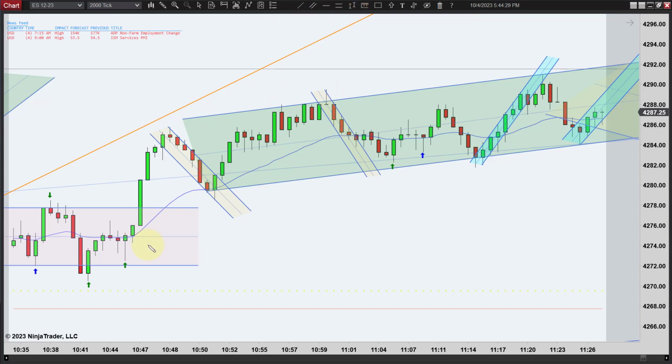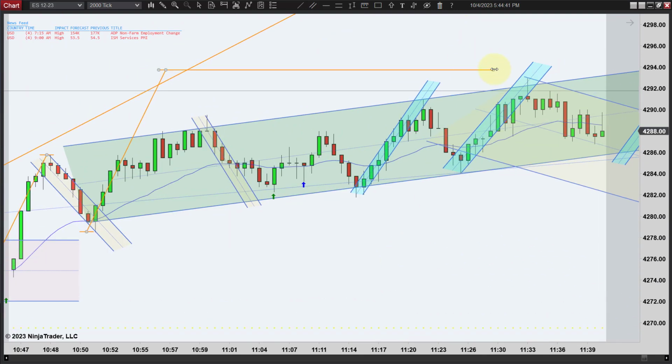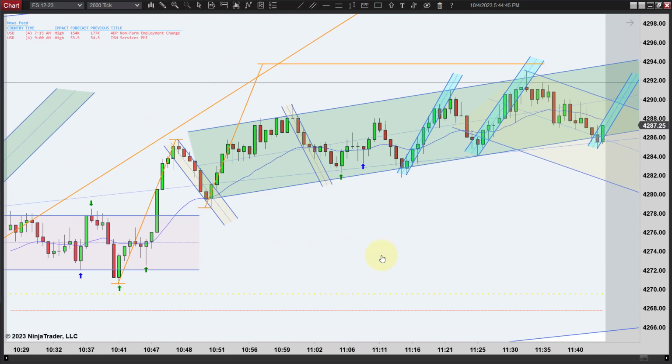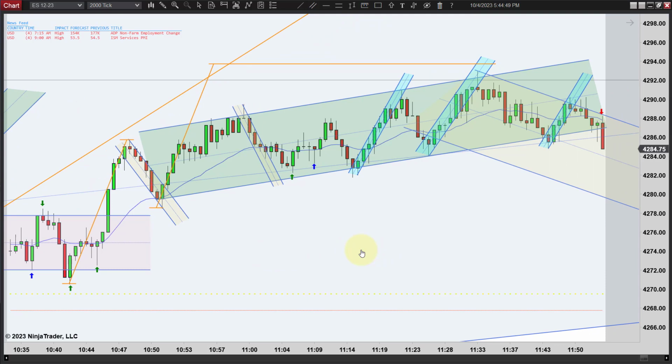You might measure your 2 legs here and look for where your measured move might go to. I don't know if we don't even quite make it. We get close right there. We don't quite make it. But anyway,